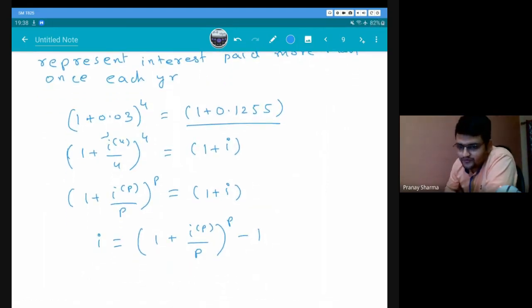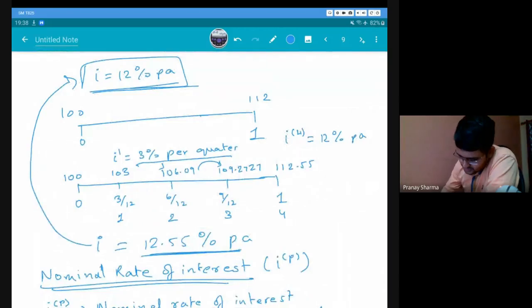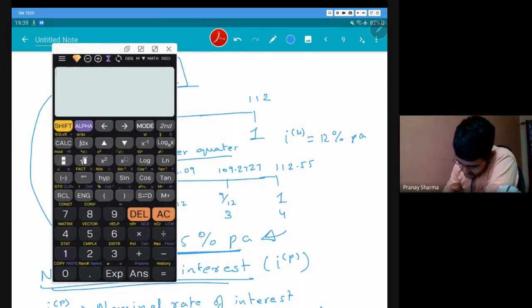Yes, so 12.55 is an annual effective rate of interest and 3% is a quarterly effective rate of interest, and they are equivalent rates. One will give us the same answer as the other. Okay, so one thing you can do is, I gave you so many different values here, right? I'll just simplify it. What you can do is, if you want to use this 12.55, exact was not 12.55. What was it? I said 1.09.